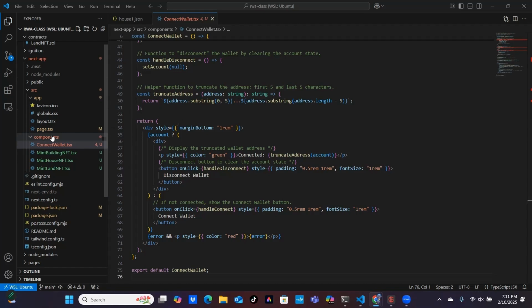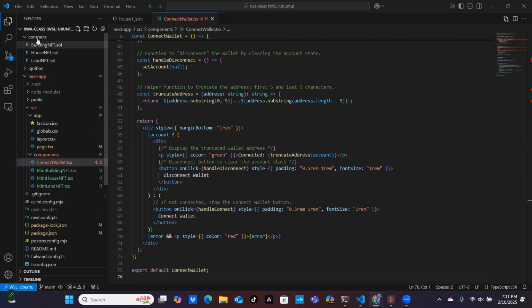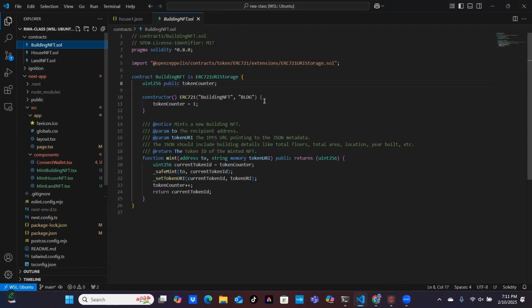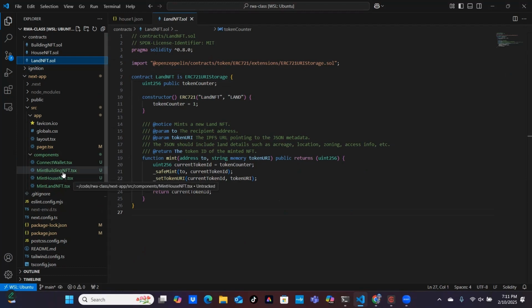And we could do the same thing with, let's see, go back to our contracts. We can do a whole building, right? It's essentially the same code here. We're just doing it as a building. We just change the contract name. It's going to give us a different contract address when we deploy it. And the same thing for land. What changes would be the